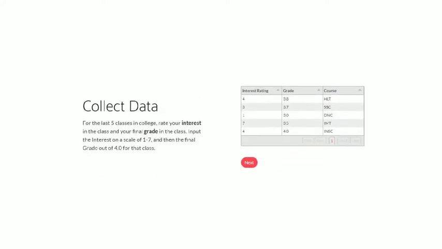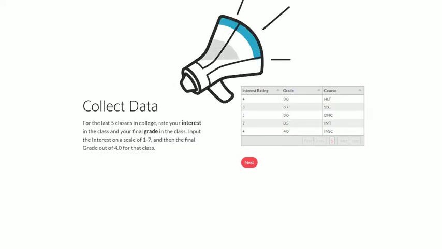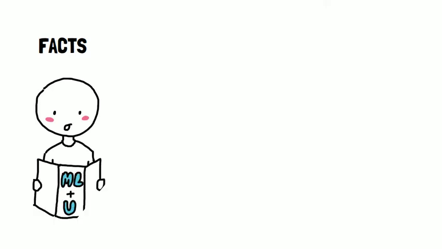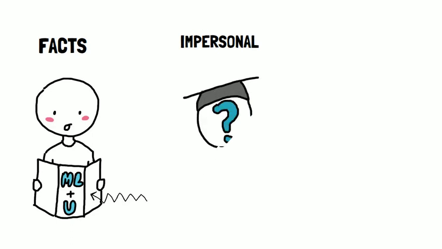We want to know the effects of using personal data on learners' ability to learn the machine learning mechanisms and to advocate for themselves. So we set up a study. First, there was the facts condition that mimicked a brochure or presentation where a bunch of bullet point statements are made about linear regression. This was the bare minimum instruction, and no, it did not actually take the form of a brochure that says, ML and You, Your Brain on Linear Regression. Then there was the impersonal condition, where learners used the Learn My Data tutorial, except it wasn't their own data, it was a hypothetical student's data that they learned on. And of course, I'm representing a student here by putting them in a graduation cap because that's obviously what we wear to school every day.